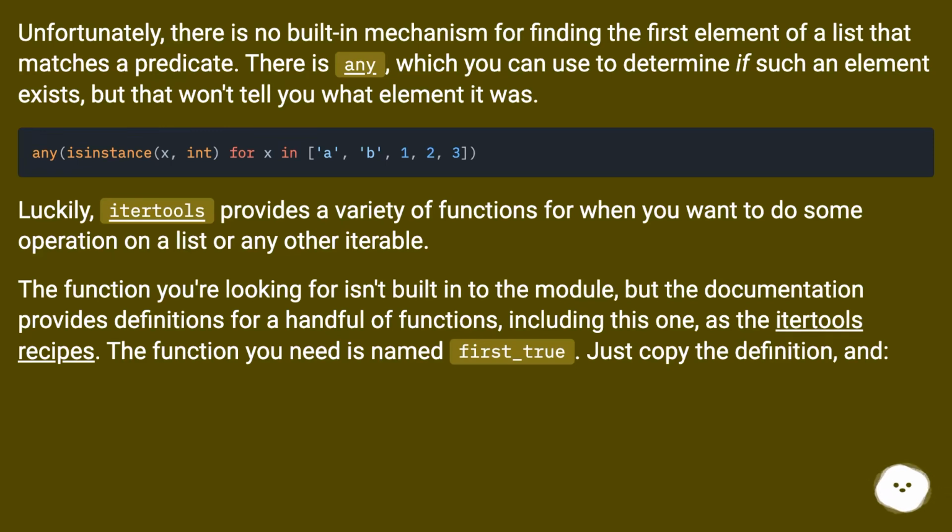Luckily, itertools provides a variety of functions for when you want to do some operation on a list or any other iterable. The function you're looking for isn't built into the module, but the documentation provides definitions for a handful of functions, including this one, as the itertools recipes. The function you need is named first_true. Just copy the definition, and